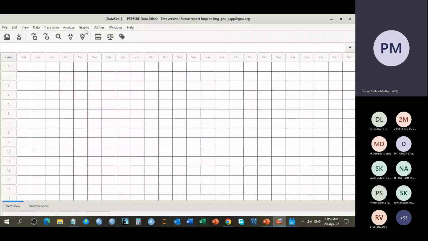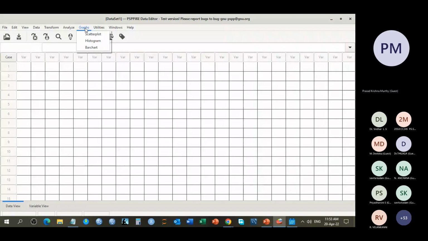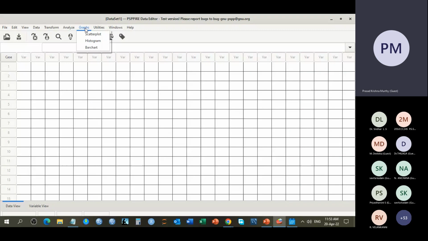The Graph tab will help you to plot different types of graphs. This PSPP, in SPSS there is a module. SPSS is modular. In SPSS there used to be a package called SPSS Base. So this PSPP is just like SPSS Base. One-to-one comparisons we can make. It has similar features, but when it comes to graphs and all that, it has limited features because it was developed long back, and afterwards not much